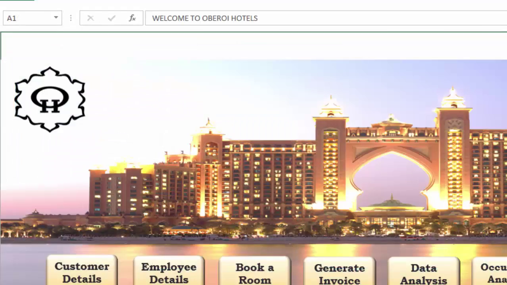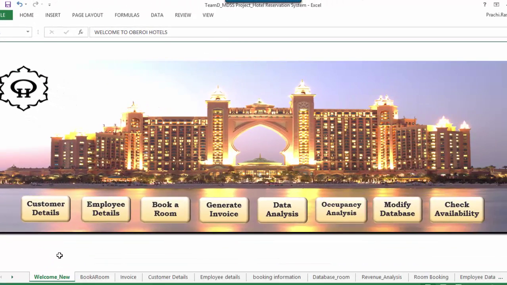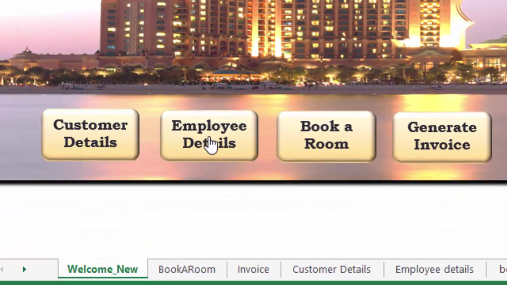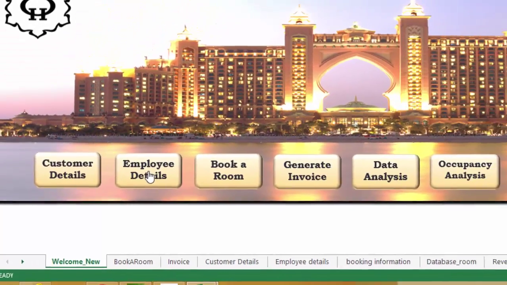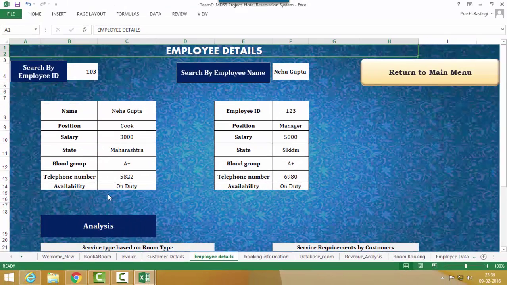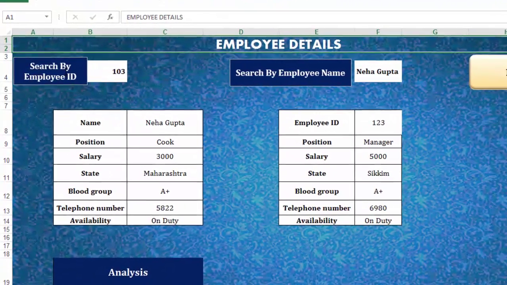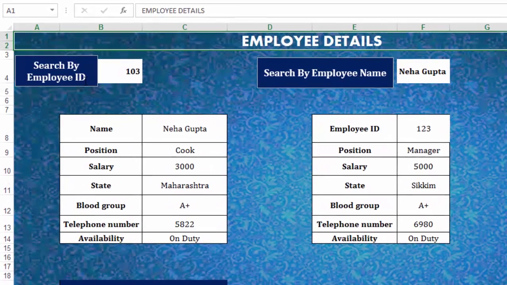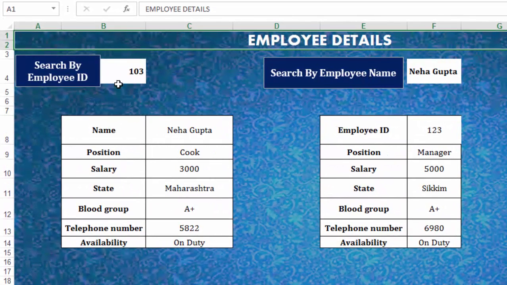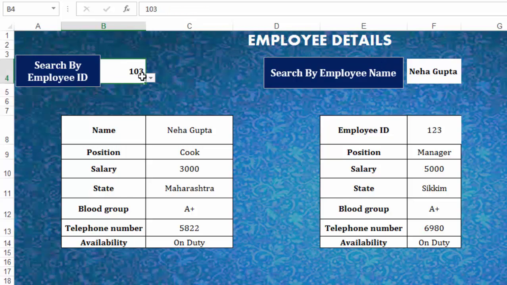To start the process, the user has to first click on the employee details button, which is present on the home page. Clicking on it will redirect the user to the employee details sheet. Firstly, the user has a choice to select the employee either using the employee ID or the employee name. The employee ID and the employee name have been listed down using the data validation,